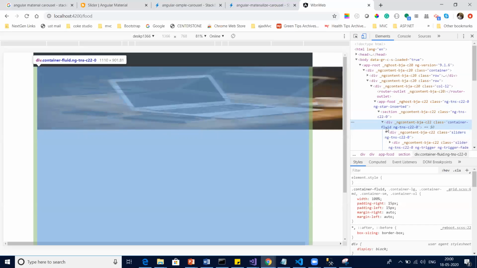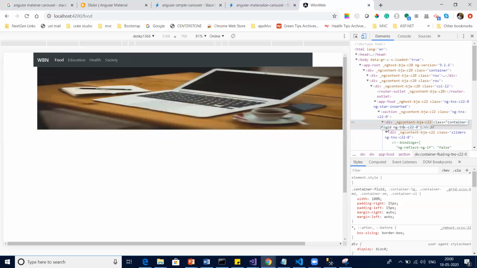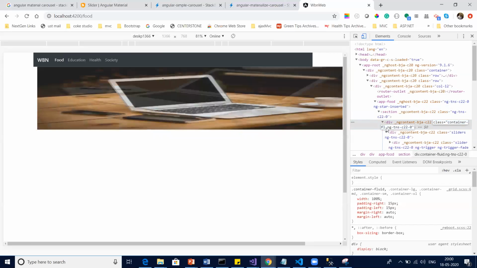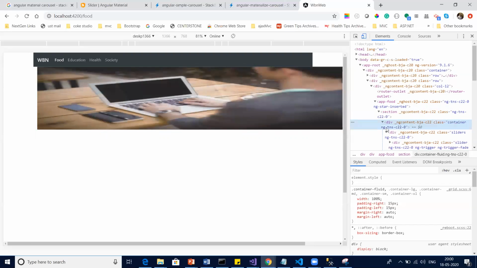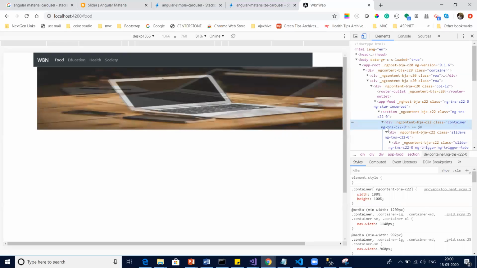Let's remove this fluid and see how it's going to look. No, something else happened.